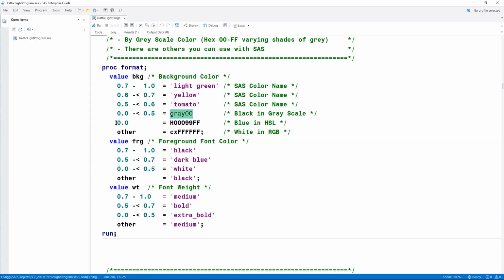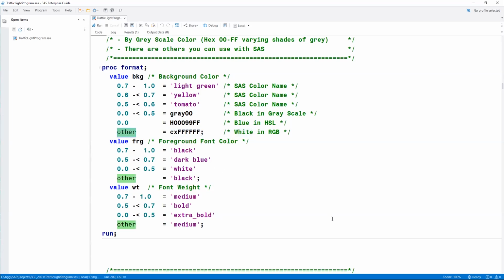Now, if I have a 0 value, remember my sum was 0 if I had 2 missing school percent values, and I'm going to have the background color be blue, and this is that color blue in HSL coded values. And then this is RGB, just a hexadecimal value, which stands basically for white in red, green, blue code.